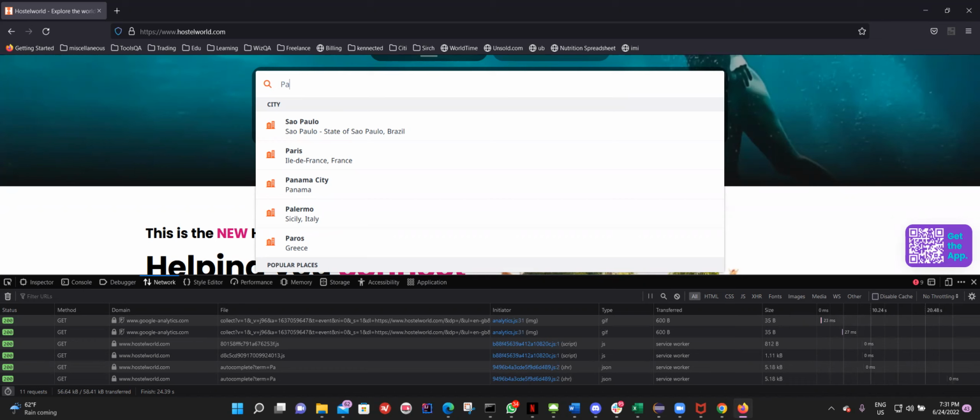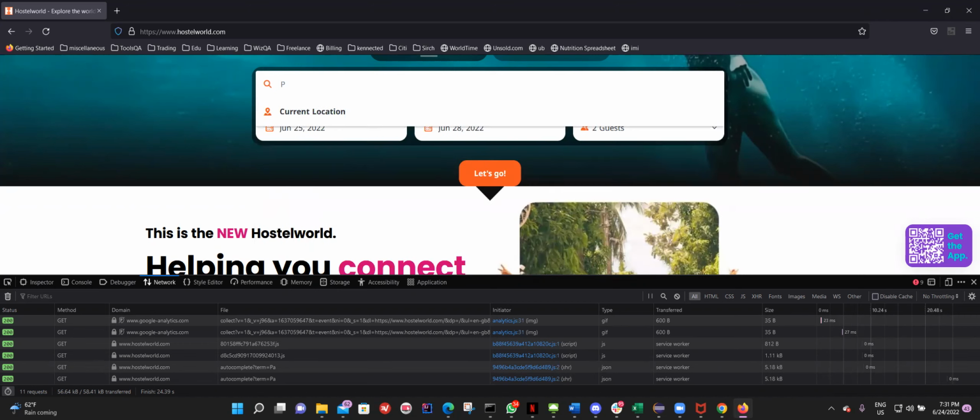So with Firefox, the problem is, as soon as I hit P, it is not able to process the next letter because it is kind of stuck in that loop of firing the query. It is not able to accept the information sooner, because when I'm doing it with automation,